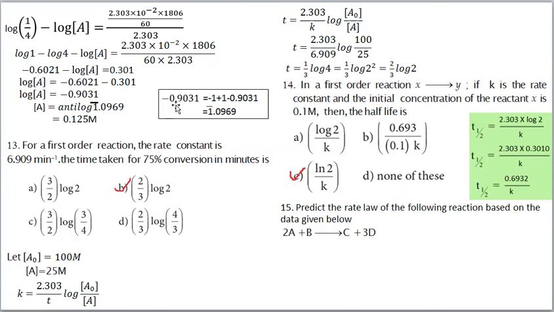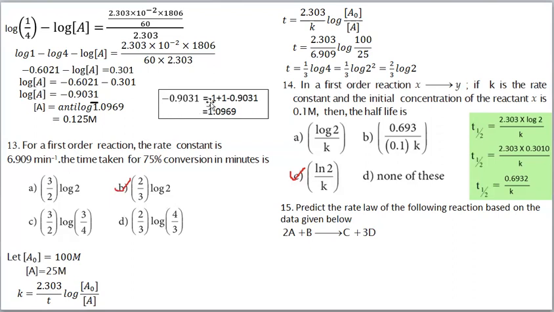You see, minus 0.902131. We can add a minus 1 and add a plus 1. That means to this 0, we can add minus 1, and to this side, we can add plus 1. So we'll get a positive number. After the decimal point, we have to get a positive number. Before the decimal point, we may have positive or negative. Then we can take the anti-log. After the decimal point, we have to get a positive number, then only it is possible to take the anti-log.